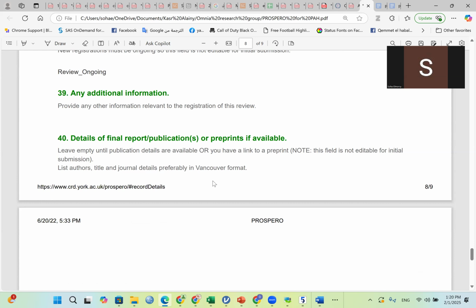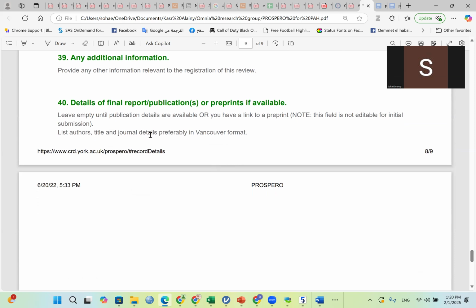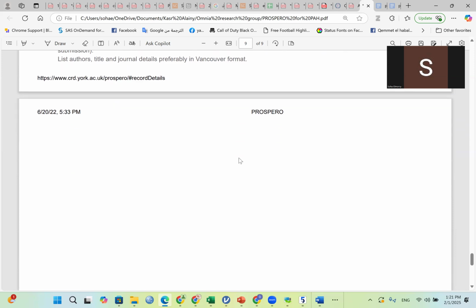I have already published my review, and this is my report of publication, and you list the citation for the publication, and they are recommending what's called the Vancouver style of referencing. And perhaps in a future session, I'm going to talk again or as well about the types of or forms of reference citations. With this, I end what I need to tell you about Prospero registration,